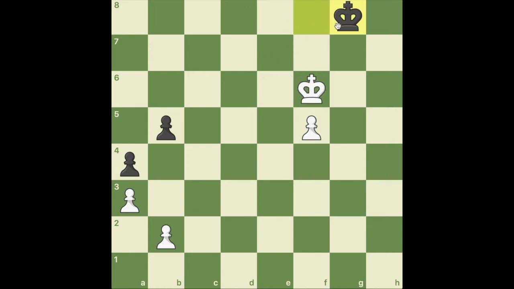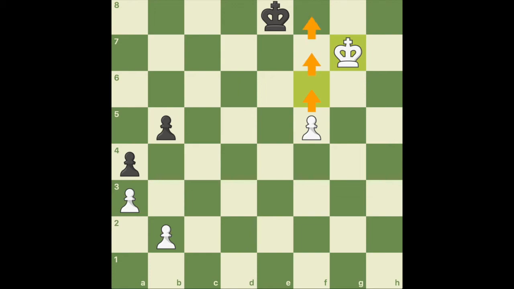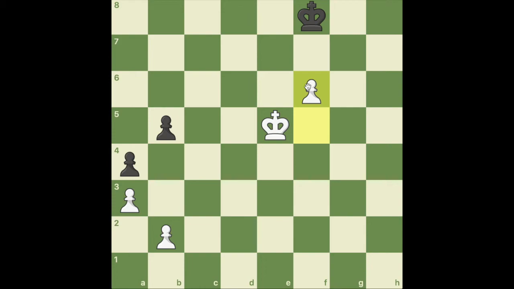And if he goes to e8, then you have king to g7. And now this pawn is guarded all the way. However, instead, white played f6. f6 is still winning because after king to f7, now you can't actually take the opposition because, well, if you